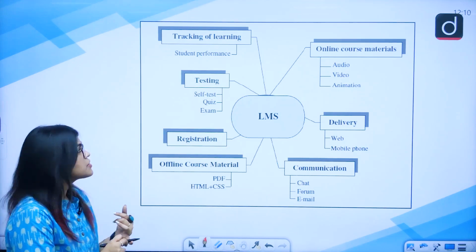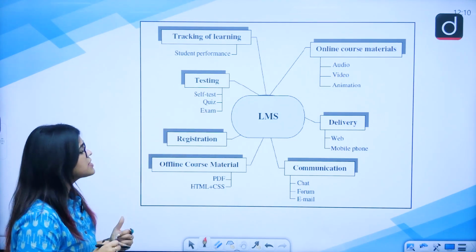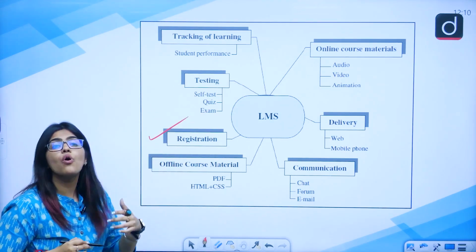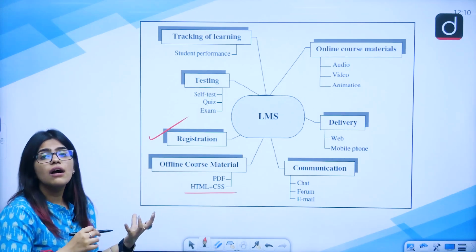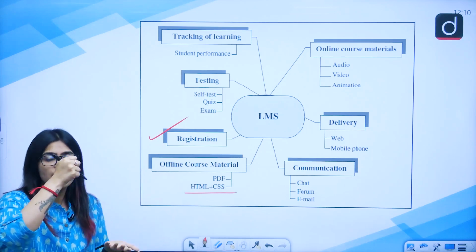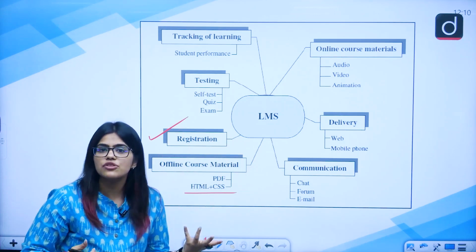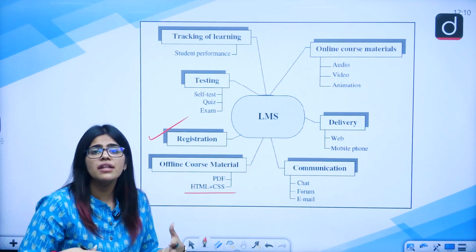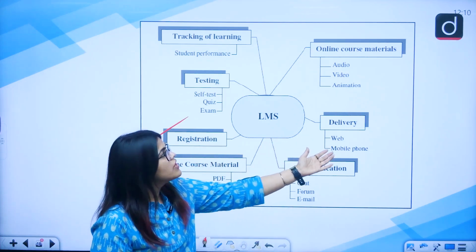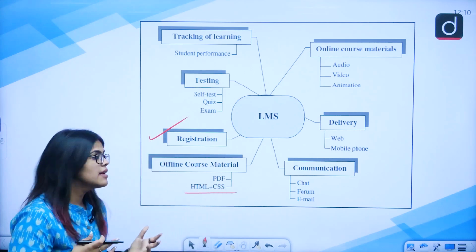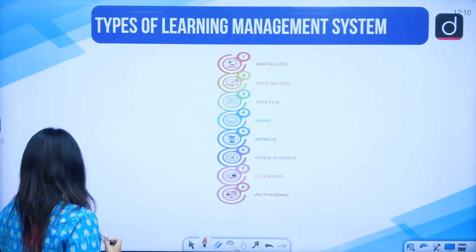So the teacher can track the student performance, take quizzes, take self-test examinations, and look at the registration, who all are registering there. There can be an option for using different hyperlinks. What are hyperlinks? If you click on this link, it will generate another link, and you can use graphics to teach the students. This will create an atmosphere that is more welcoming. You can communicate with the students, you can deliver the content, and there can be material like PDFs that can also be downloaded.